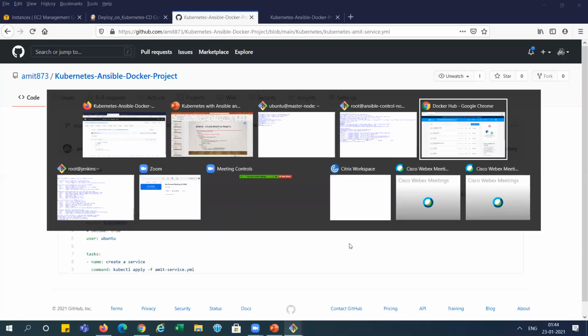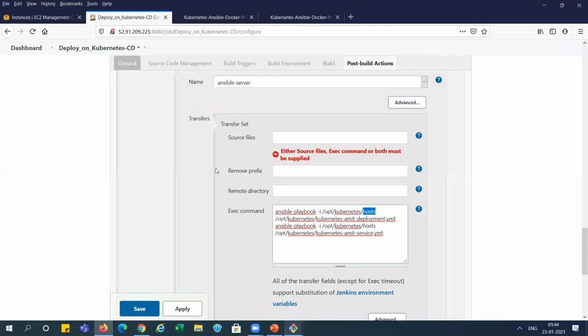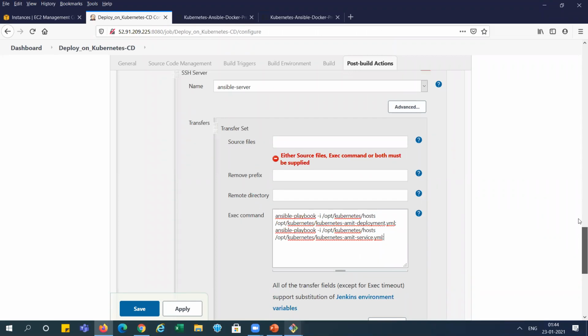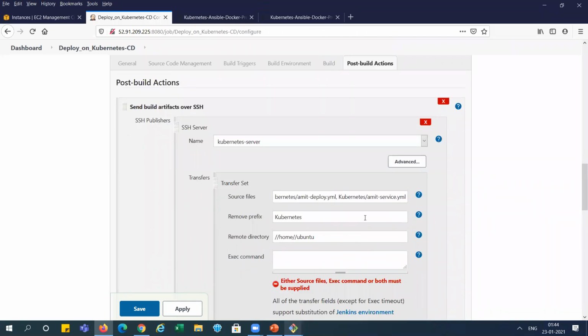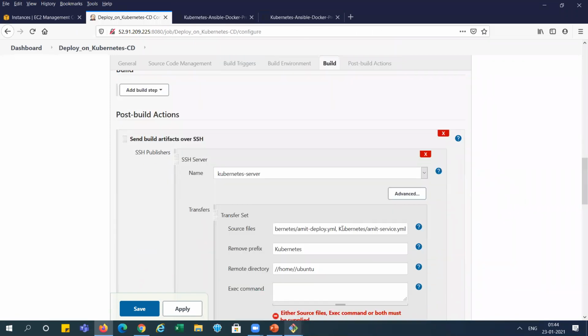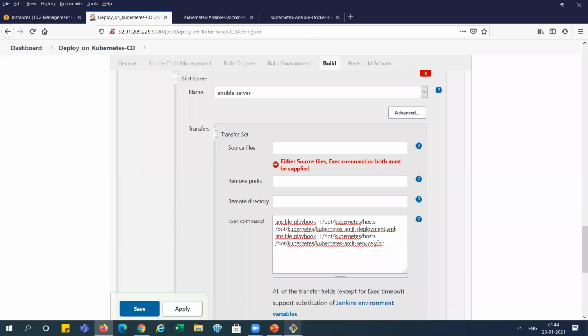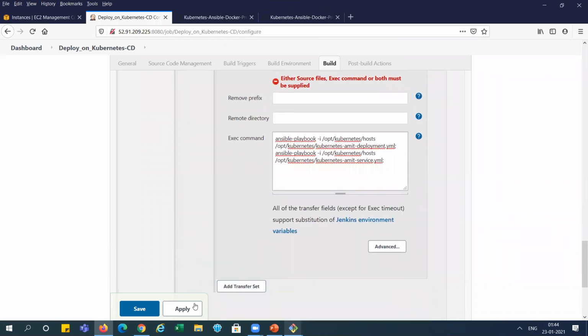So you can see here, we were here, right? These two files we copied here, right? And before this, when it runs, this script will execute and it will copy the script to this location, right? And in this location, these two files will be used in this script, right? So it is done from here. I'm applying and saving it.